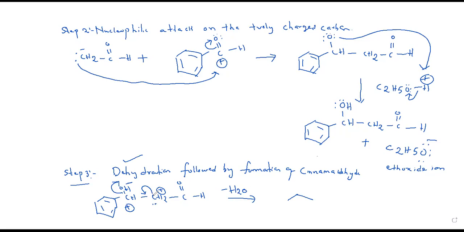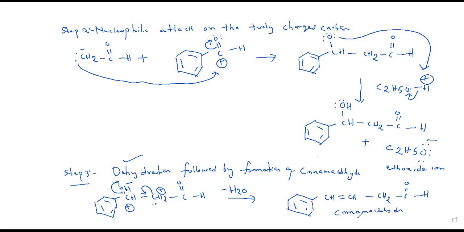These electrons will be donated to the next carbon atom to form a double bond. So if you remove one hydrogen, you will get one double bond here. So you will get the same phenyl ring system, CH double bond CH, CH2, double bond oxygen and H, that is aldehyde. So this is called cinnamaldehyde,